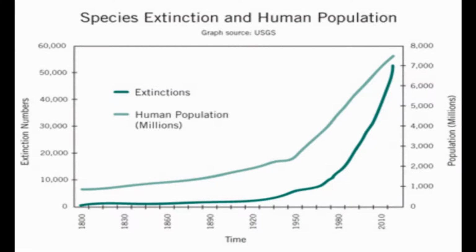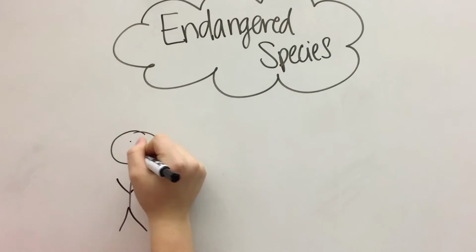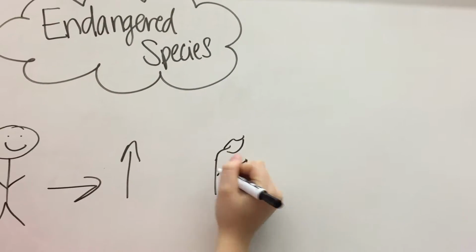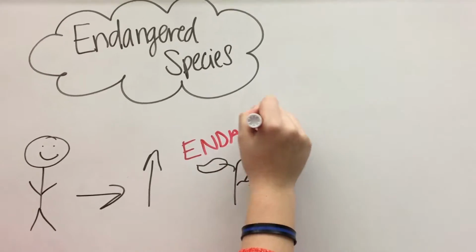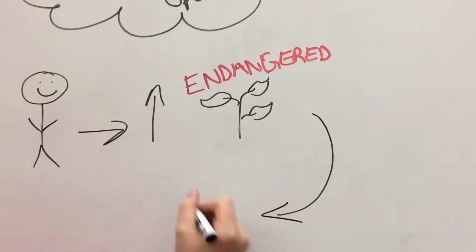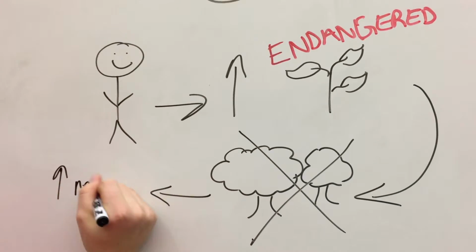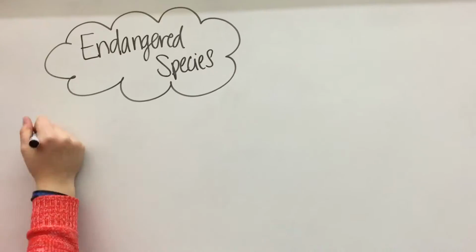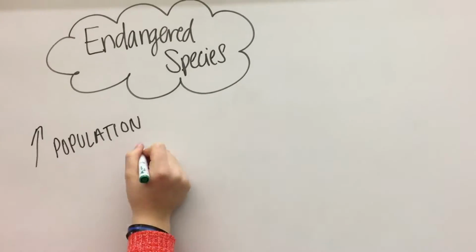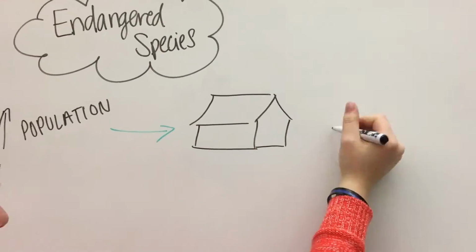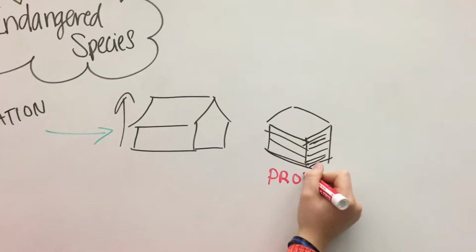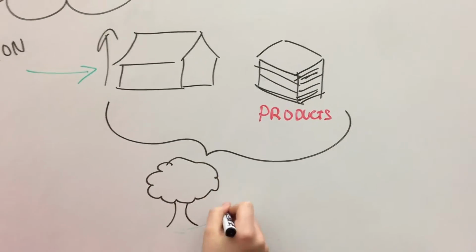And these next two graphs show how the increase in human population causes a decrease in the species populations because we affect them in many ways. Human activities are one of the main reasons for the increase in the number of species finding themselves on the endangered list. The number one cause for this is the destruction of organisms' habitats due to our increasing need for our environment's resources. In order to provide for our increasing population, we end up needing to develop more homes and manufacture more products, resulting in the clearing of many grasslands and forests.